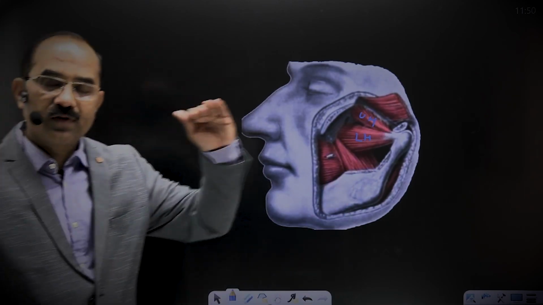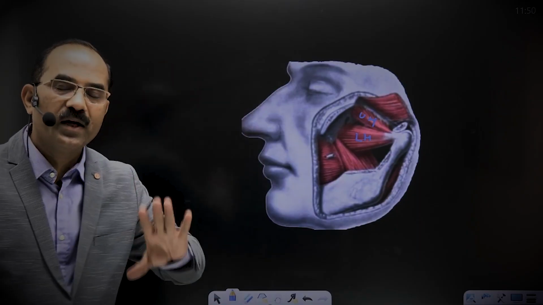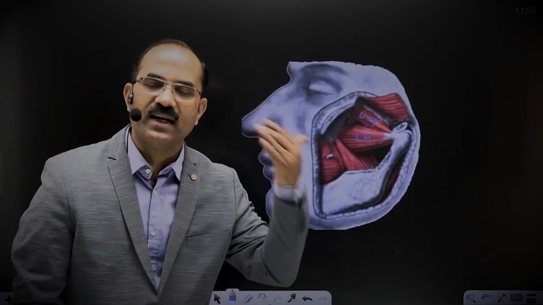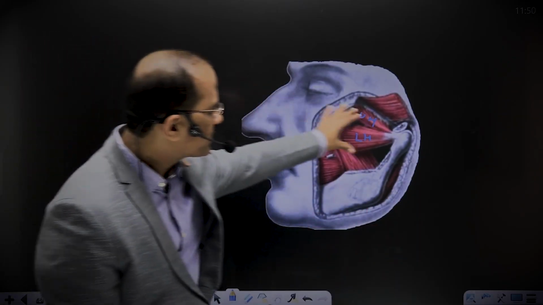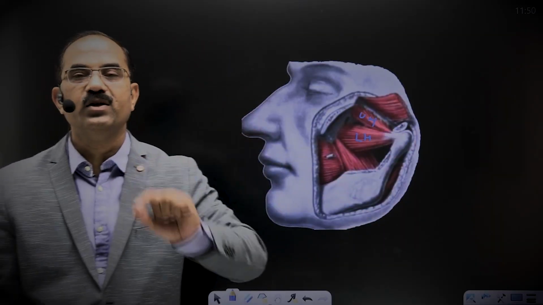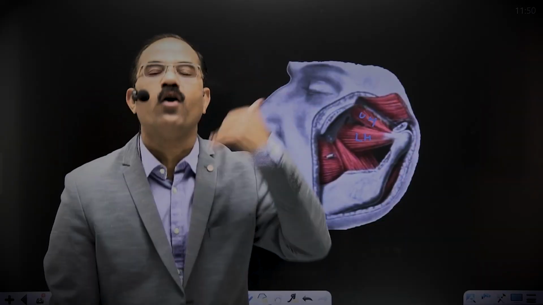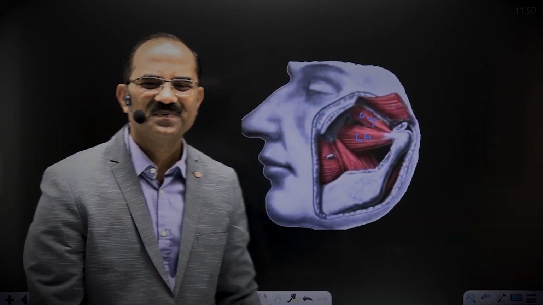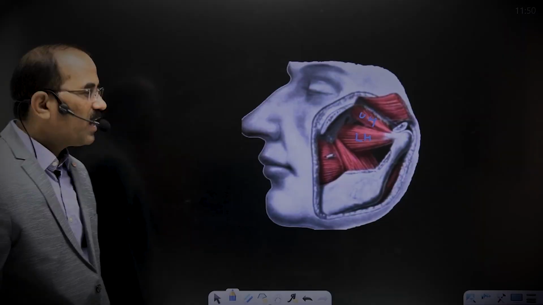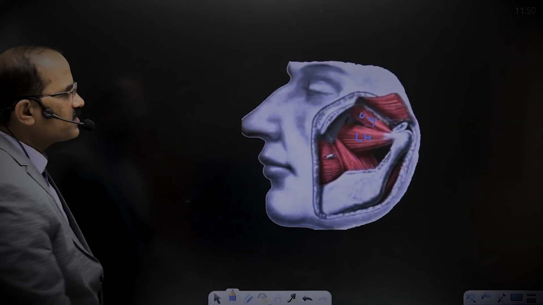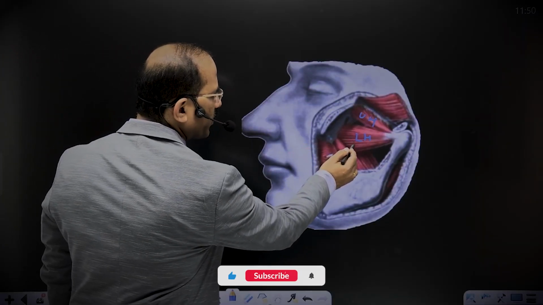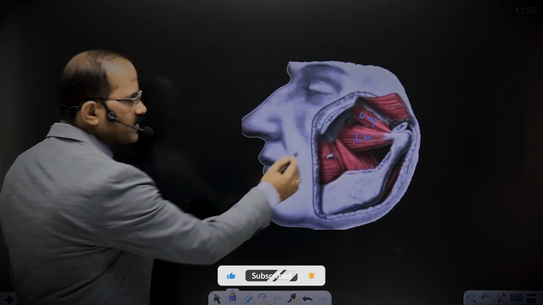Upper head begins from the base of the sphenoid bone. The lower head begins from the lateral aspect of the lateral pterygoid plate. And both these heads come together, get inserted into the pterygoid fovea on the medial aspect of the neck of the mandible. Clear? Now you tell me, students, when this head of lateral pterygoid contracts, look, when this head of lateral pterygoid